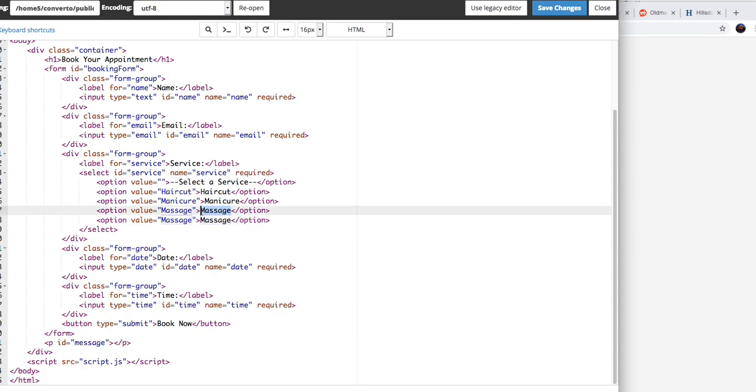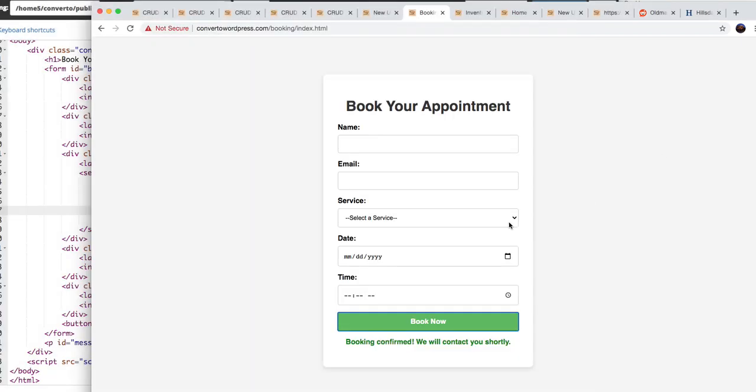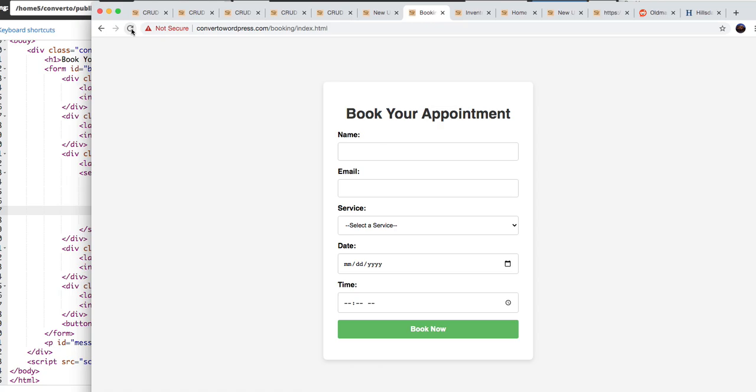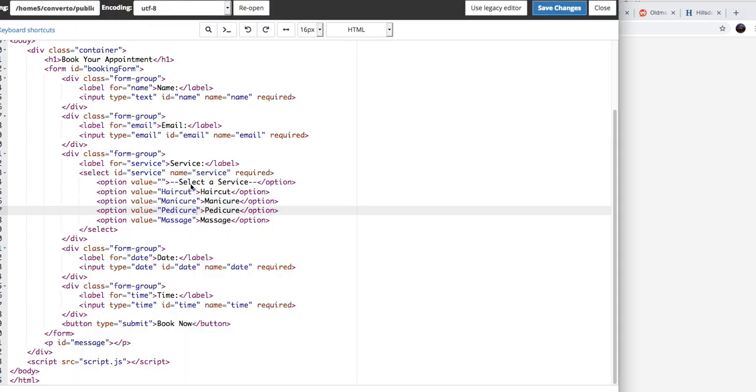We'll change this to a pedicure. Reason why I remember that is because I did one for Madame Nail Salon. And then you just put here pedicure. You save it, so when you go look, let me see. So when you go look, it's that. See? Alright, so this is it, the data, the booking now, and then you hit it in JavaScript, which happens